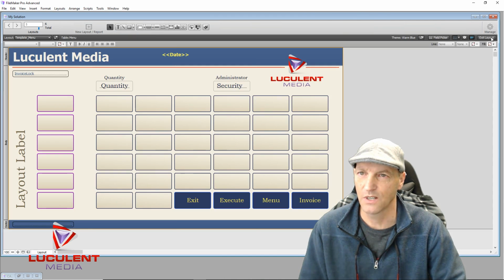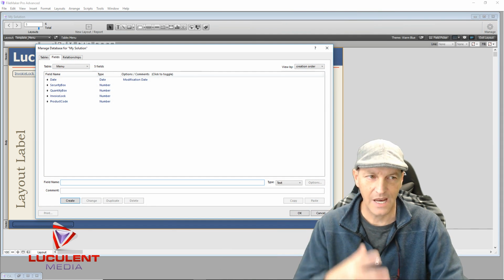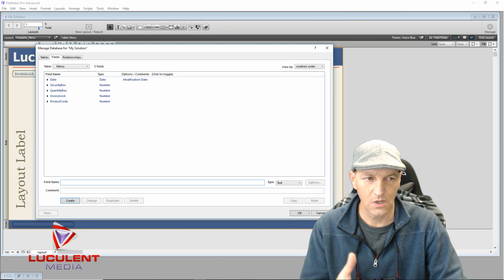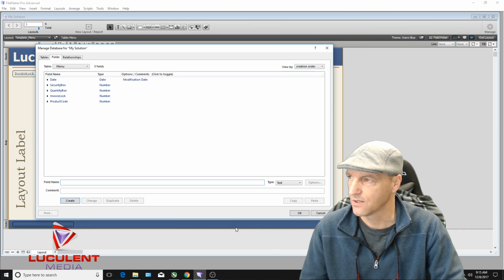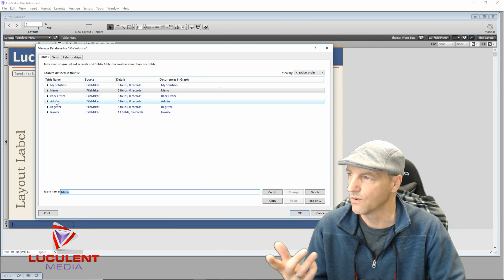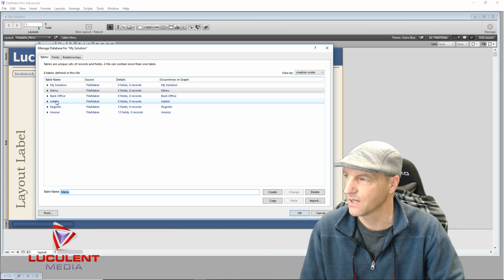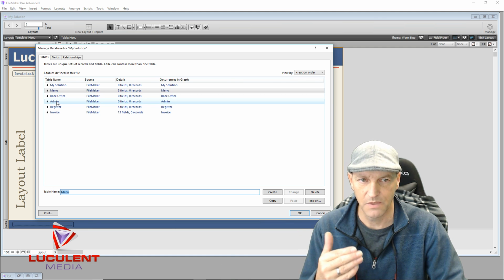So the very first thing that we're going to do is we're going to need to manage our database, because currently we have nothing in there for our admin or our management. So we do need to add some tables for that. And oh, we do. We have an admin and a back office. There we go. So the back office would be the management section,